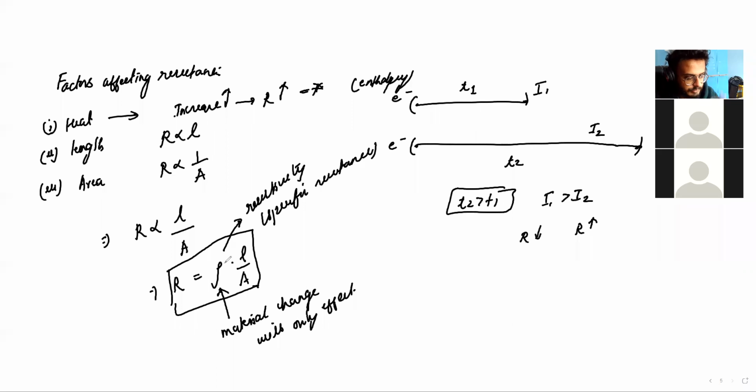Resistivity will change only and only if you change the material of the wire, right? If you change the material. So if I take the same example, these two wires, this is the first wire, this is the second wire, they're exactly made from the same copper wire, right? And this has a resistivity of rho1, this has a resistivity of rho2. So what will be the relationship between resistivity 1 and resistivity 2?